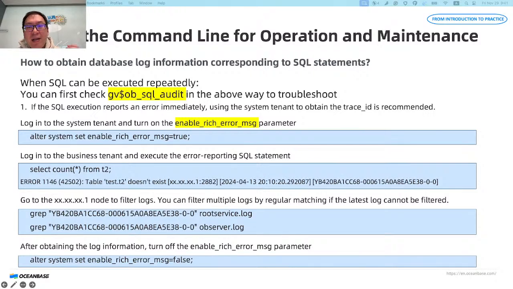When SQL can be executed repeatedly, the idea of troubleshooting is similar to that just now. You can first check the audit wheel in the above way to troubleshoot. The first scenario is if the SQL execution reports an error immediately, using the system tenant to obtain the trace